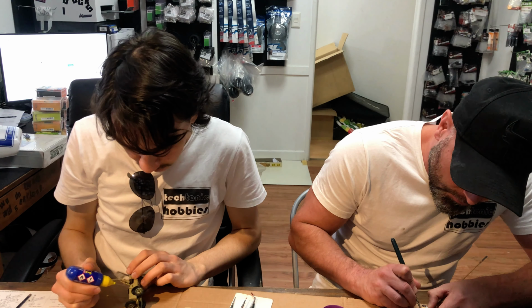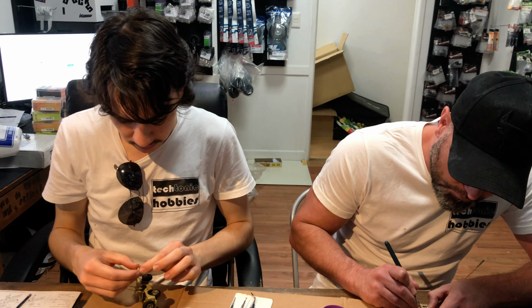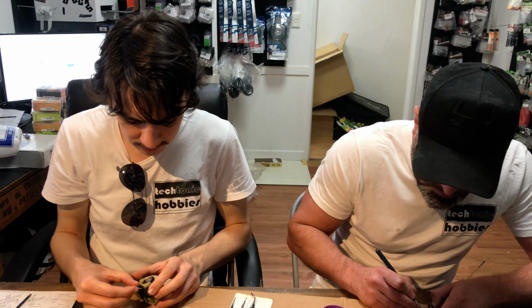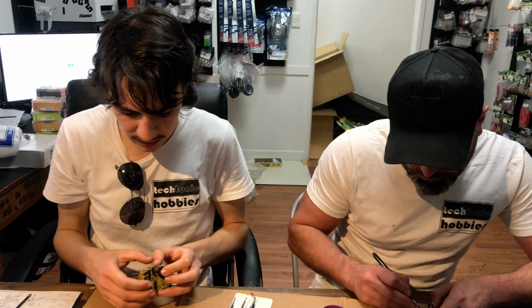I've had a few people talking to me about glues in the last few weeks in the store, and I actually haven't had a go at the Tamiya glue. I've only ever used the...